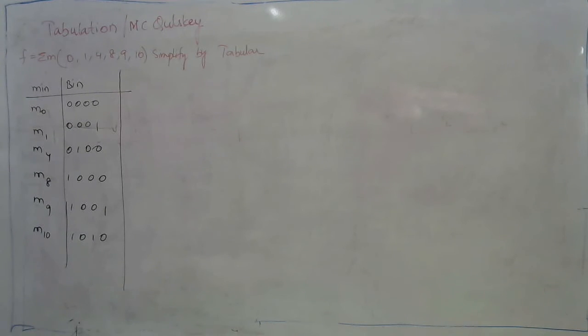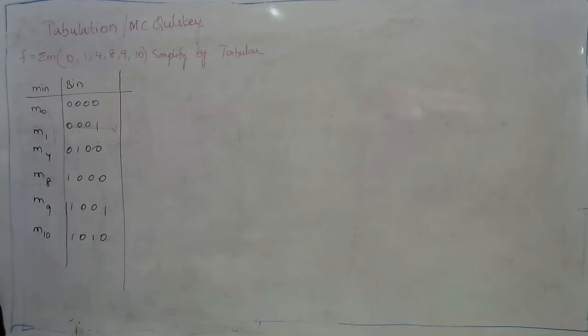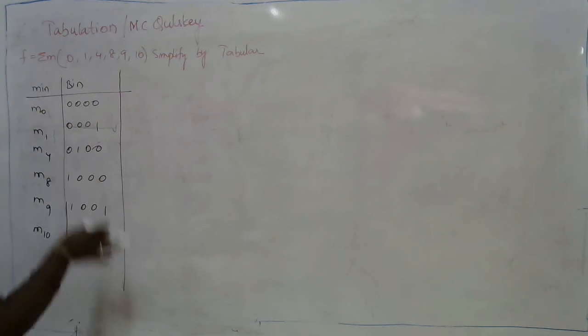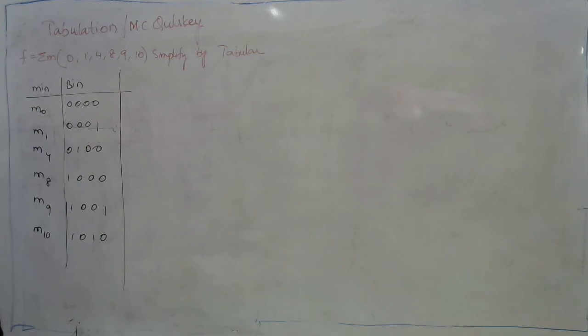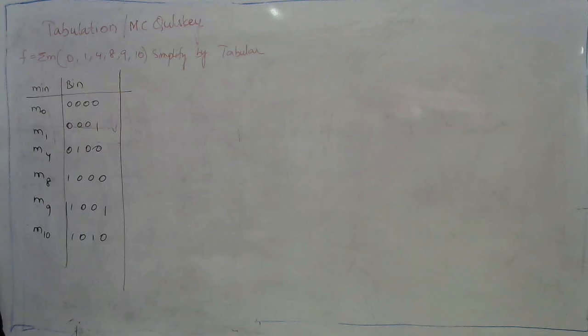The next step is that we need to write down the binary numbers in such a way that the first group consists of 0 ones, the next consists of 1 one, followed by 2 ones. So whatever numbers are given in the question, first write them down in ascending order.